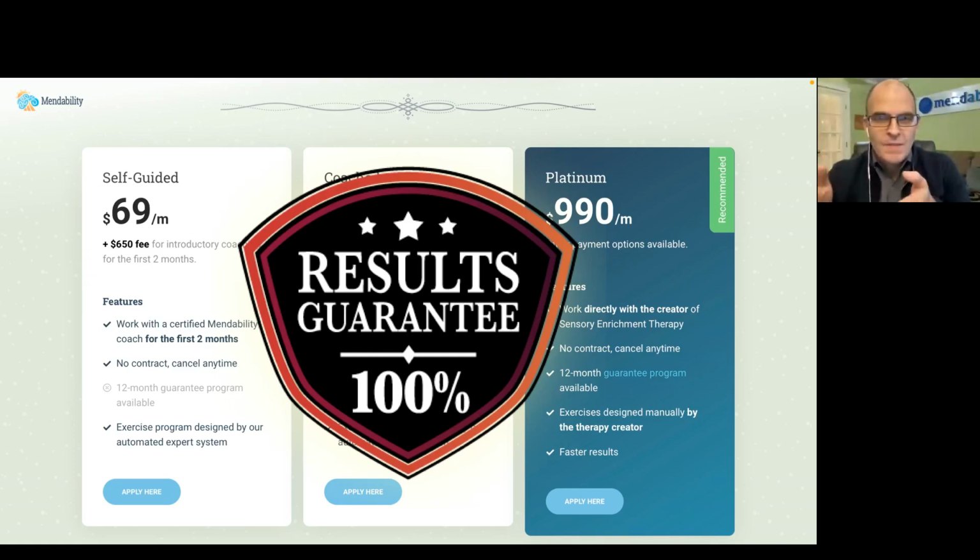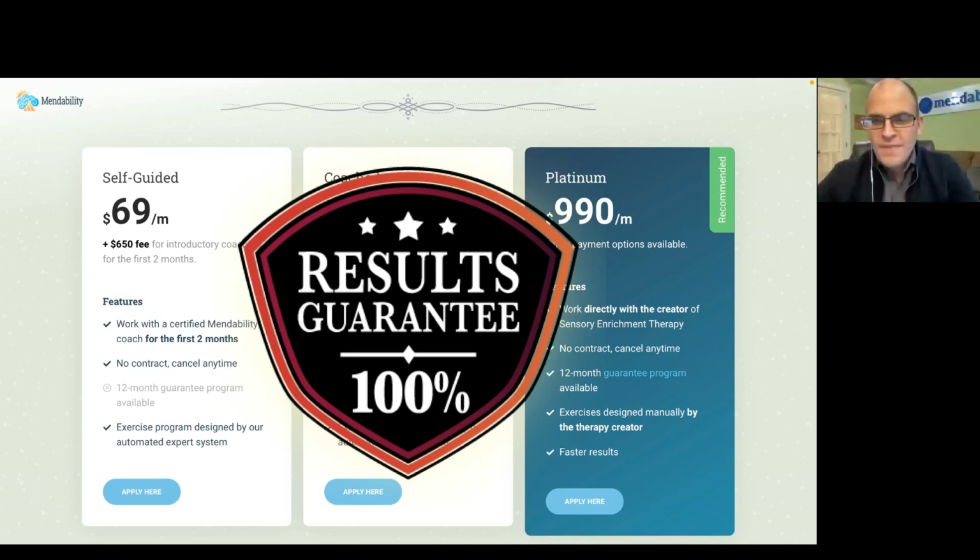We don't want you to be wasting your money. And it's the same for the Platinum plan. It's a lot of money because there's only one Claudia and her time is extremely precious. We're doing tons of pilots and we're still involved in research, but we'll back it up with a results guarantee. If you do an IQ test before you start the program and an IQ test at the end of the program, and the IQ has not changed, you get all your money back.